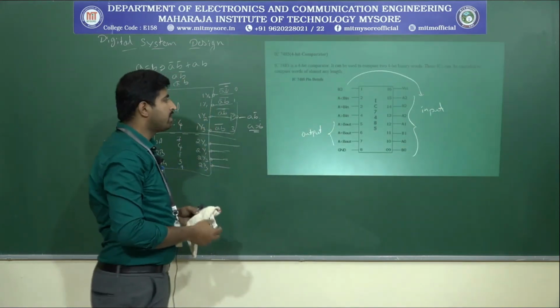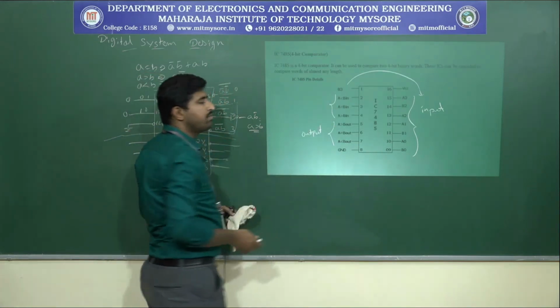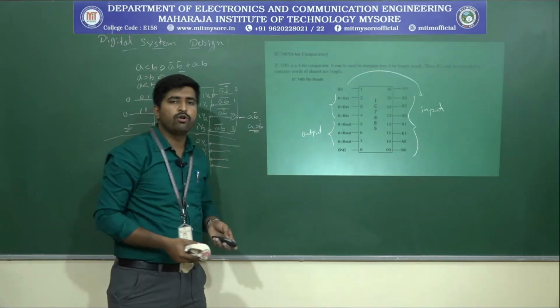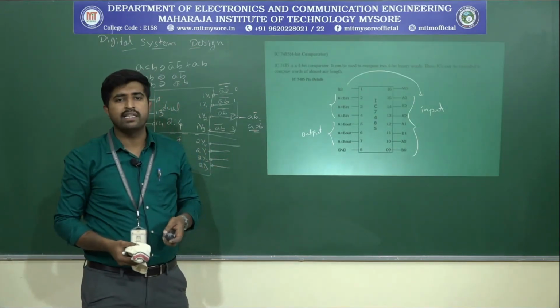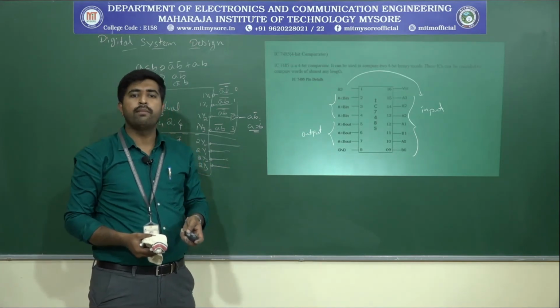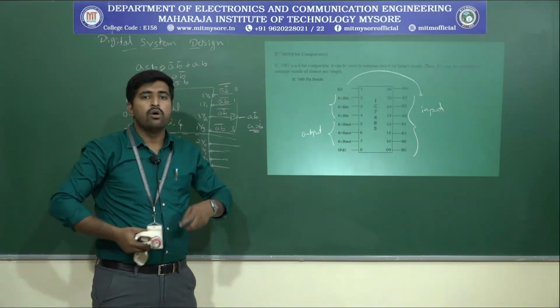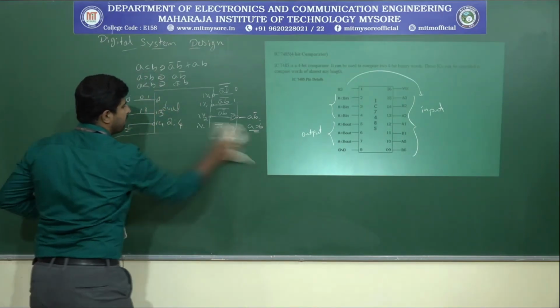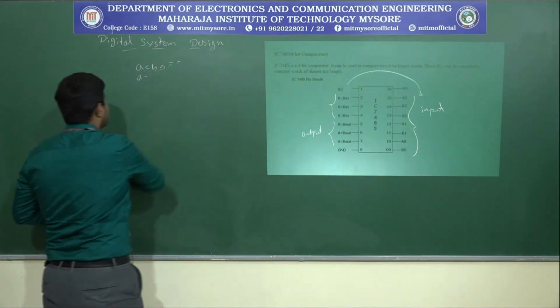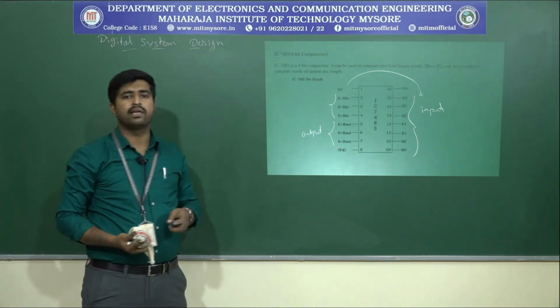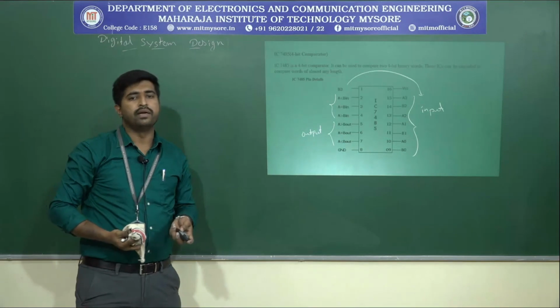Okay, where we have other 3 inputs. So these 3 inputs are called cascade inputs. We are going to use these 3 inputs when we are cascading one IC with another IC. That means when you need to implement a comparison of more than 4 bits, for example a 5-bit, 6-bit, or n-bit comparison, we can use the cascading of the 7485 so that we can implement the comparison of an n-bit.